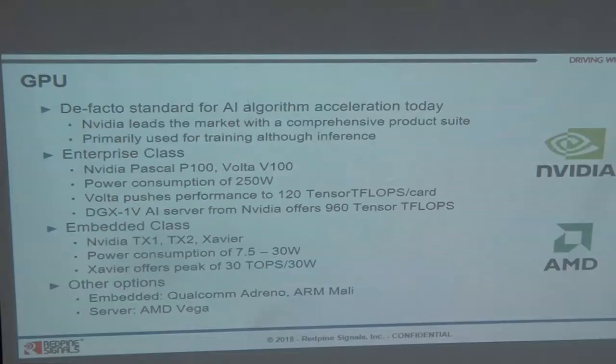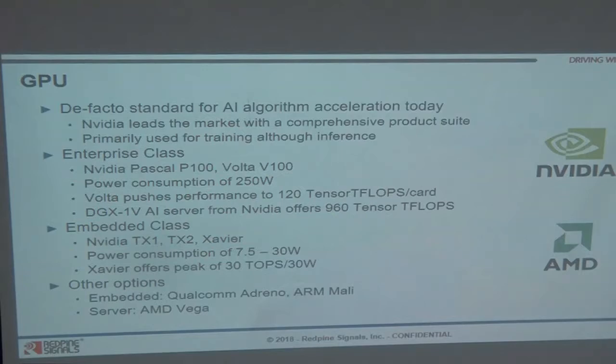Of course, it takes a lot of power, so each card is around 250 watt. So if you have a server, you need 3200 watts, and again, if a server rack is typically capable of giving you 10 kilowatts, so if you put 2 of these, the rest have to stay empty because you're putting too much strain. On the embedded class, the TX1, TX2, and Xaviers are the GPUs that are meant for the automotive market,